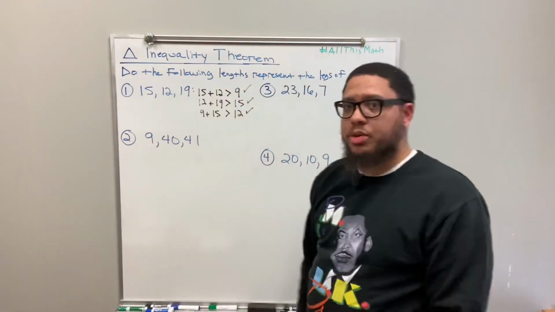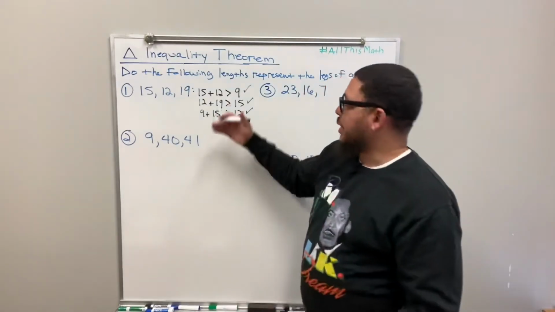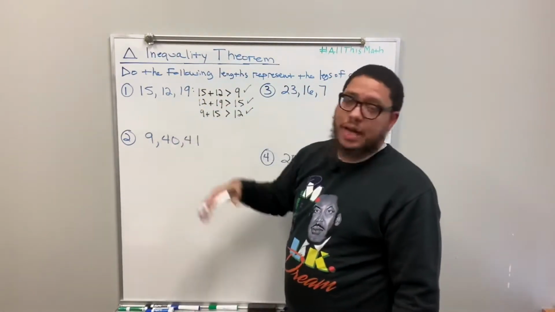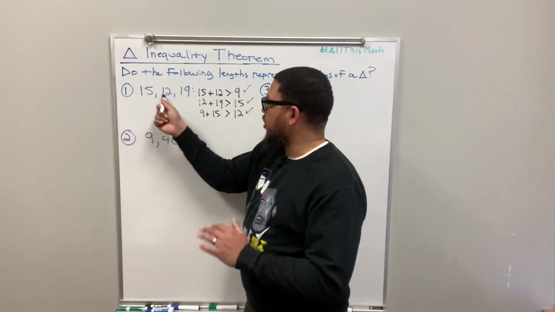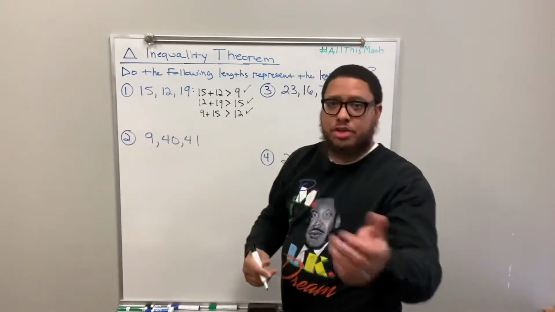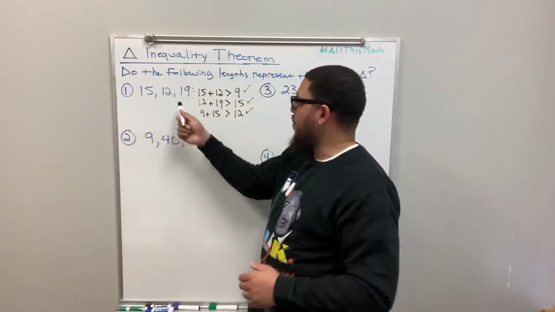And that's how we use the Triangle Inequality Theorem. That's really all it is to it. You got to do that test, right? You got to find three pairs of sides, three different pairs. Look how I did it. I matched up the 15 and the 12, and then I compared it to the third side. I matched up the 12 and the 19, and I compared it to the third side. I matched up